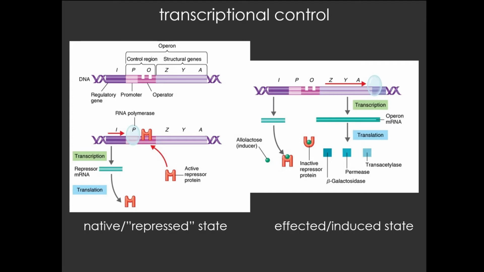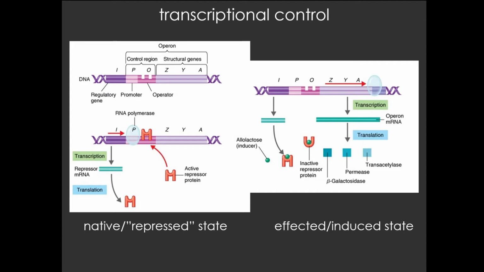Now, in a cell where lactose is available, the lactose will be brought into the cell, and lactose will serve as the effector of this operon. The effect that that effector has is to bind that allosteric site, which you can see on the right, and change the shape of the repressor protein such that the repressor protein can no longer bind to the operator of the operon. Because nothing blocks it, RNA polymerase travels through the operator region, through the Z, Y, and A genes, transcribing